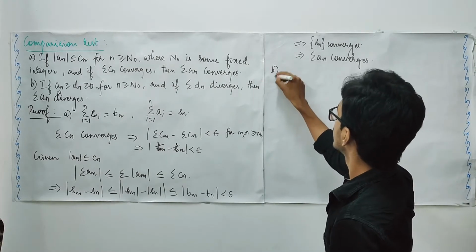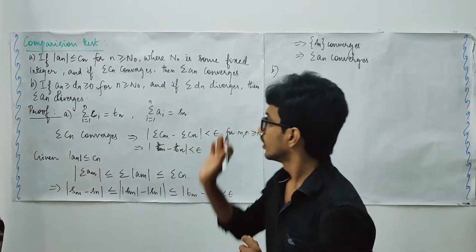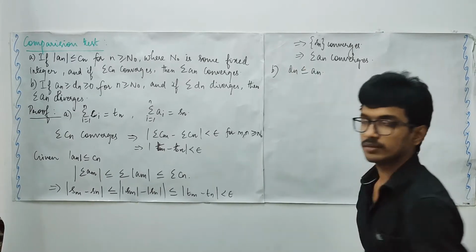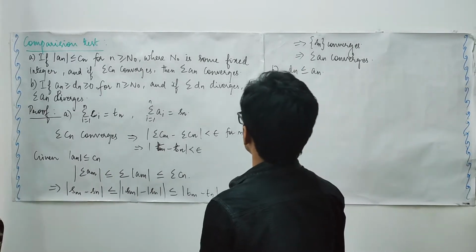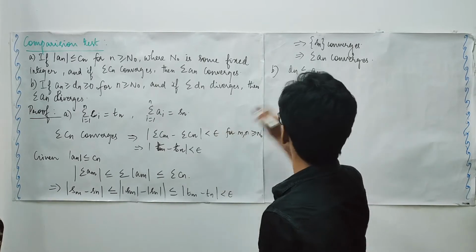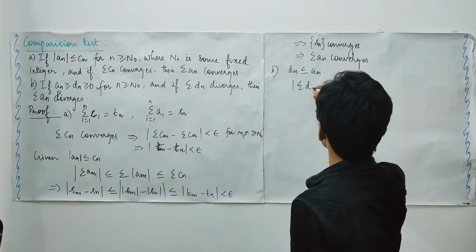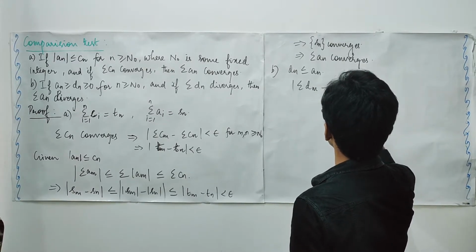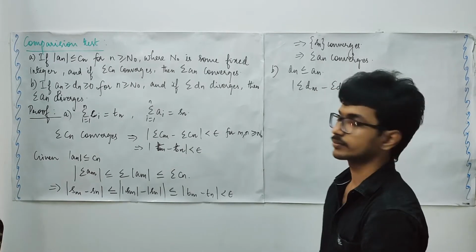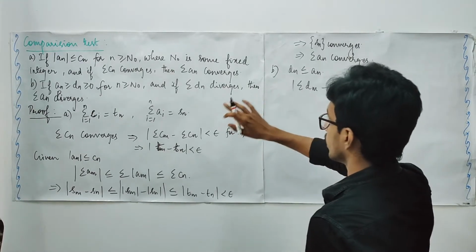This is what we have in the first part. And in the second part, we have this. Now, the terms are positive. This may also be written in the form that d_n is smaller than or equal to a_n. Now, what is given? Summation d_n diverges. Which means, if you take the sum of terms, again using the Cauchy criterion for convergence of series, summation d_m minus summation d_n is bigger than epsilon.